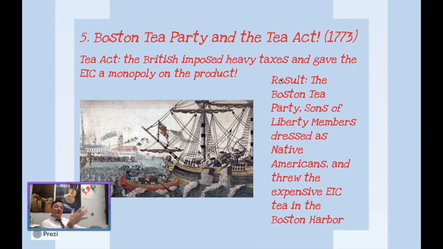And they're going to throw that expensive East India Company tea into the water. A very, very big form of what? This is protest, right? This is active civil disobedience. This is the colonists saying, how dare you tax our products like this? How dare you come down on us? How dare you force us to pay for the debts of your country when we are 2,000 miles away from